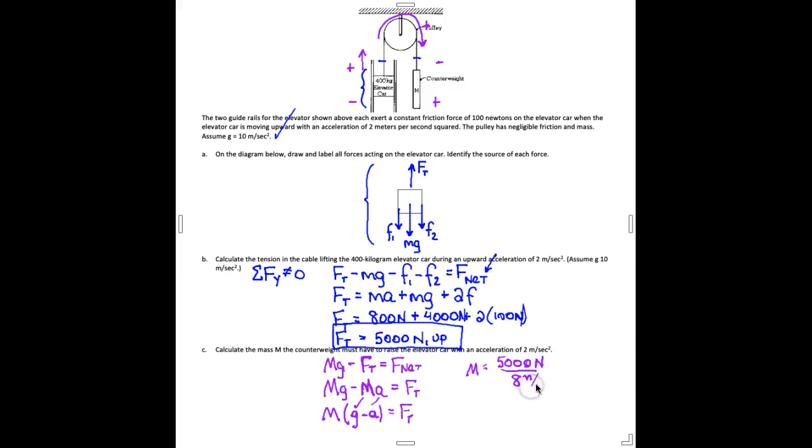And my answer is going to be in kilograms. By the way, a newton is a kilogram meter per second squared. So a kilogram meter per second squared divided by a meter per second squared is just a kilogram. When I divide 5,000 by 8, I get